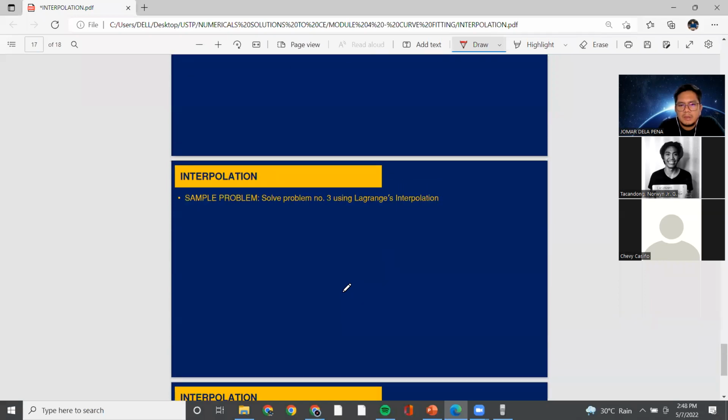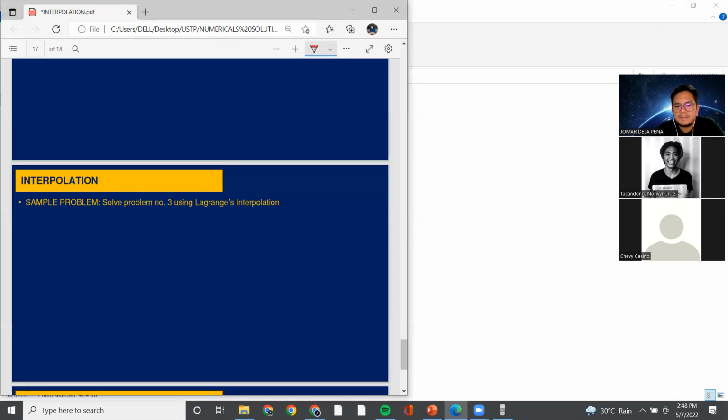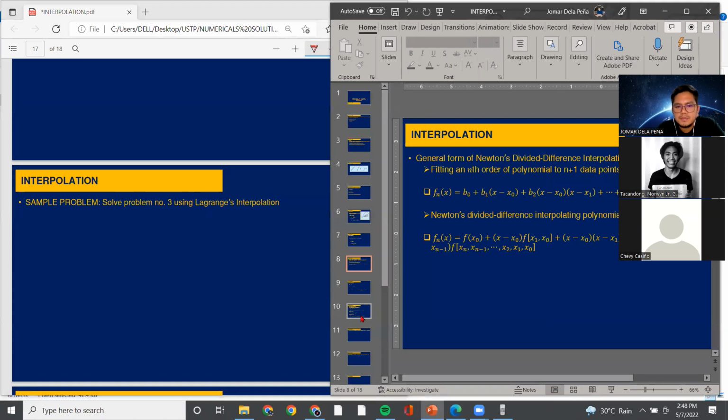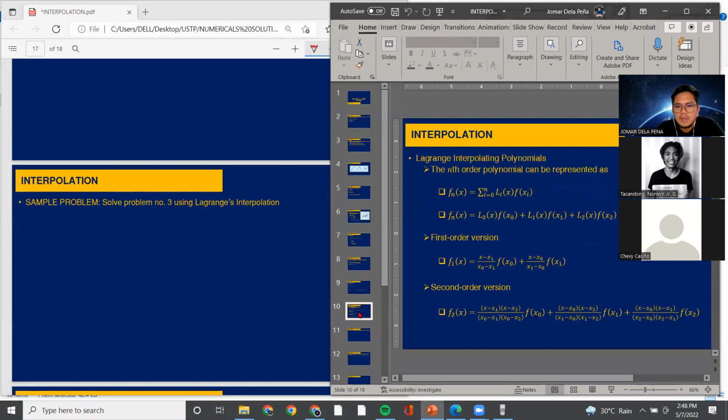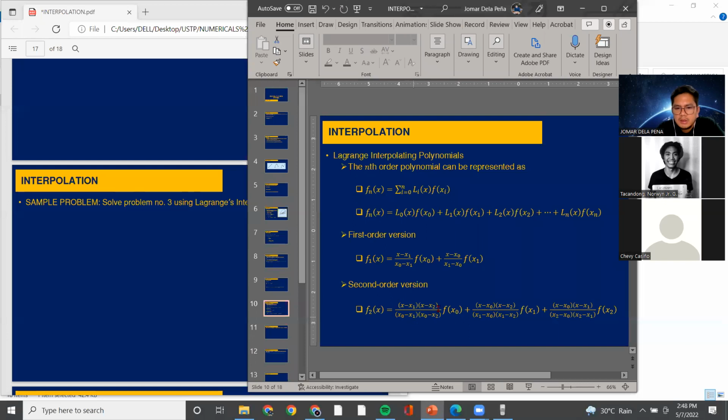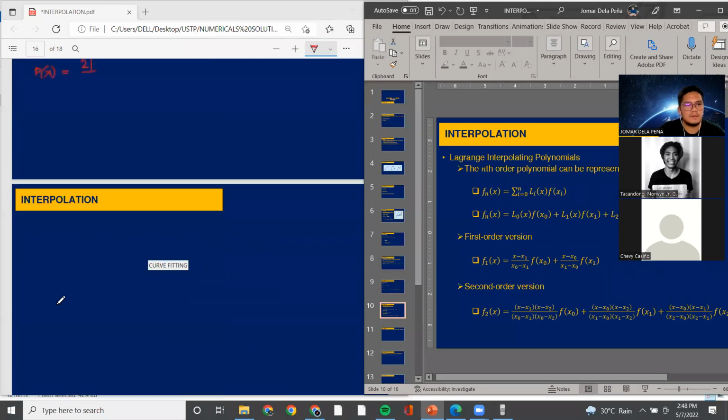Now, solve problem number 3 using Lagrange interpolation. So, magamit na butag kang Lagrange. Unsay kalahian kang Lagrange. Okay? So, ang equation ni Lagrange is, no? Pattern po niya. So, you can see x sub 0, x sub 1, ako na i-discuss ka ganina, no? So, pila ka data points to? We have